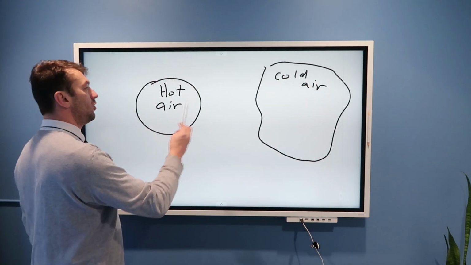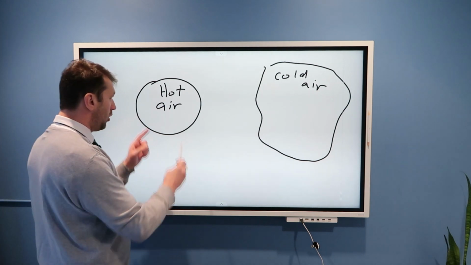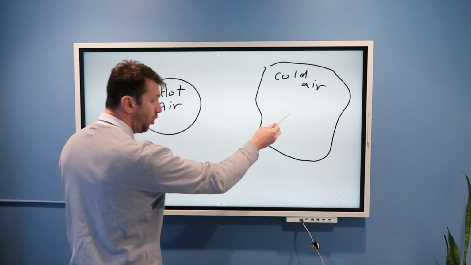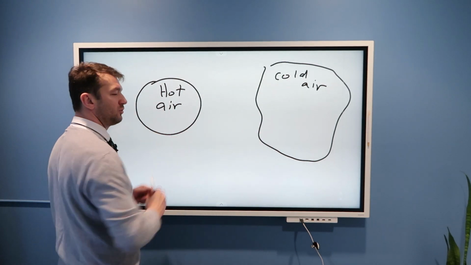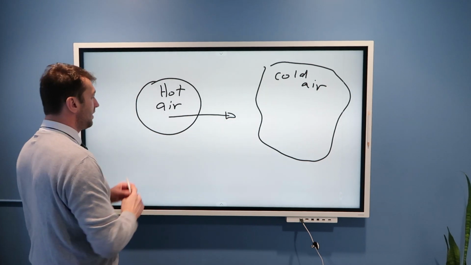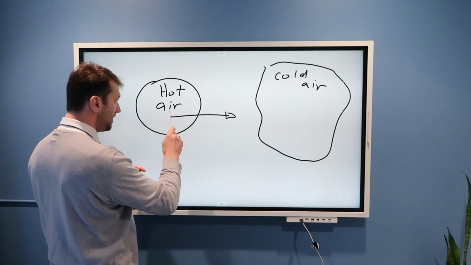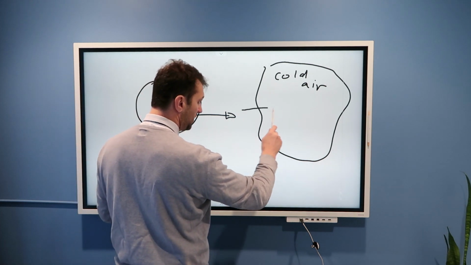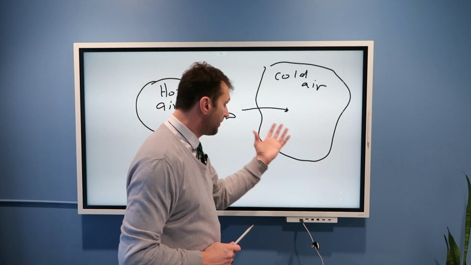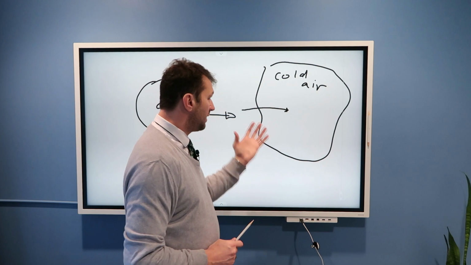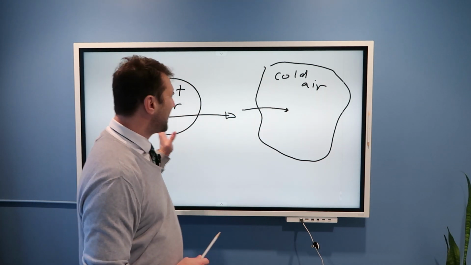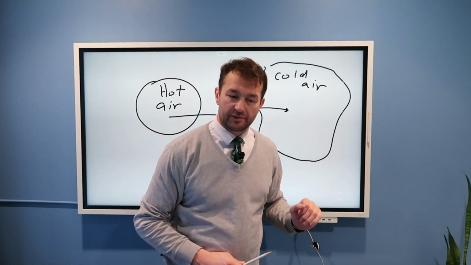First of all, we need to know what is hot, what is cold. Hot means hotter compared to this, so it's a relative measure. Cold means colder air compared to this air. Imagine I start having wind, motion, from left to right. That means hot air will go into the region of cold air, which means subsequently the temperature of this volume over here will increase, because we would say there is advection of hot air.